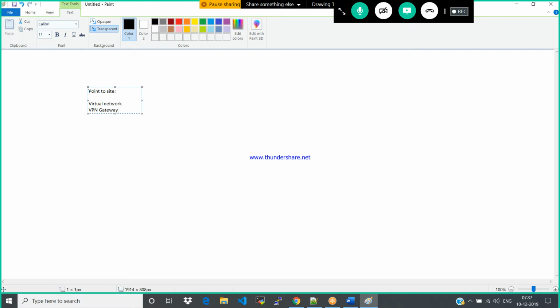Let's assume that we have created a banking application. While you are doing transactions, like credit card transactions, if the traffic is going over the public network and is not encrypted, someone can easily hack your credit card details and password details. To avoid that, the VPN gateway encrypts your network traffic. So while connecting from on-premises to the cloud, that is the reason you must have the VPN gateway.